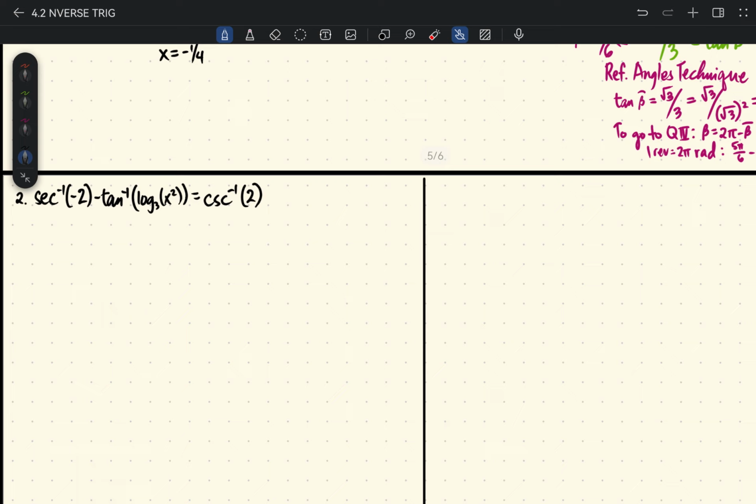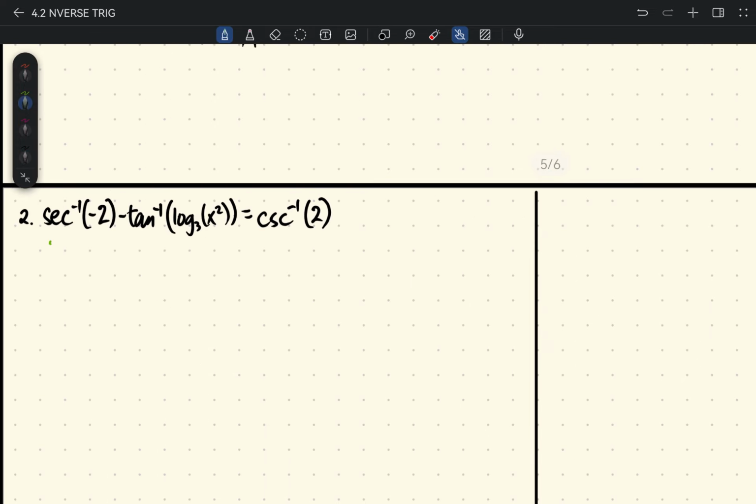This problem might be a little bit intimidating due to the presence of this one, but let's do this thing first step by step. Let's not be intimidated by the presence of the logarithmic function yet. So as you can see, you only have one inverse trigonometric function with a variable involved. So let's proceed with evaluating stuff that needs to be evaluated. So first, secant inverse of negative 2. First, we check if negative 2 is in the domain of secant inverse.